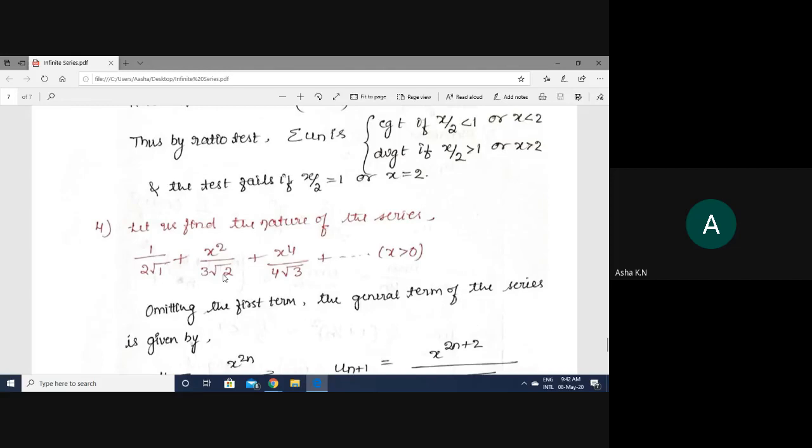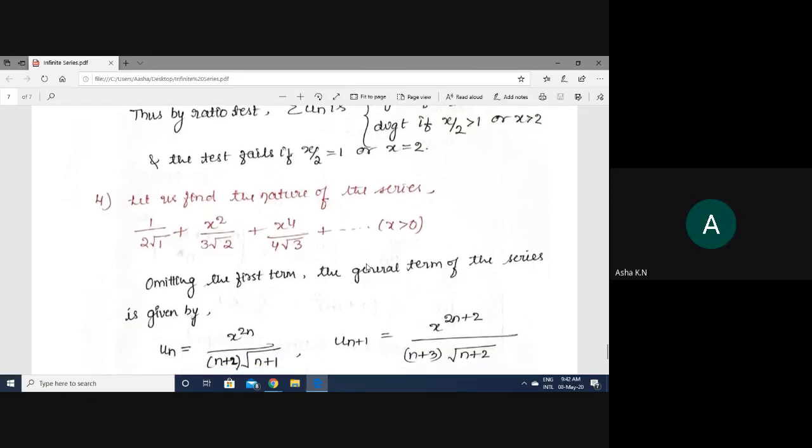Okay. Now, see, when it is 3 here, you have square root of 2. When you have 4, square root of 3. When you have n plus 2, square root of n plus 1. Simple, right? So first term is 3, second term is 4, third term is 5, so nth term is n plus 2, two numbers more than n. Then square root of 2 when you have 3, square root of 3 when you have 4, and square root of n plus 1 when you have n plus 2.